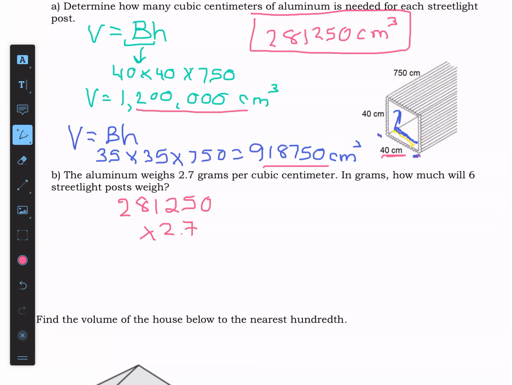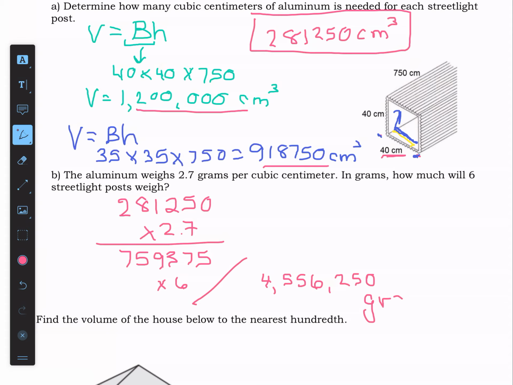Okay, so we know again the volume is 281,250 cubic centimeters, and if it weighs 2.7 grams per cubic centimeter, we're going to just take that 281,250 and times it by the 2.7. And when we do that, you should get 759,375. So that is the weight of one street lamppost. So if I want the weight of 6 of them, I'm just going to times this by 6. And I end up with 4 million